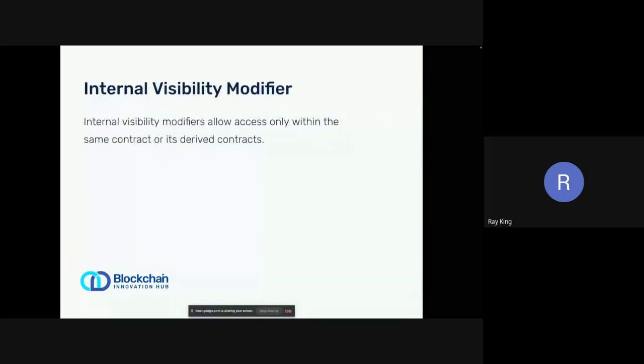In terms of internal visibility, it allows access only within the same contract or its derived contracts. So when you define a variable or a function with the internal visibility modifier, that state variable or function can only be accessed within the contract level, or from a derived contract. That's internal for you. Now, when we talk about external,